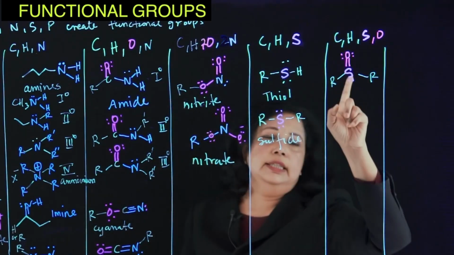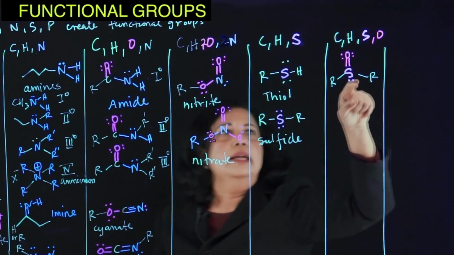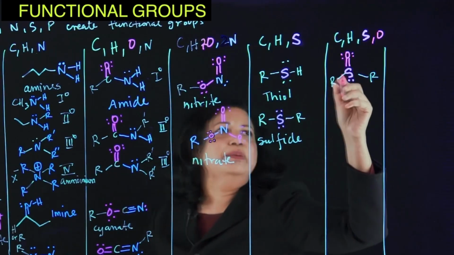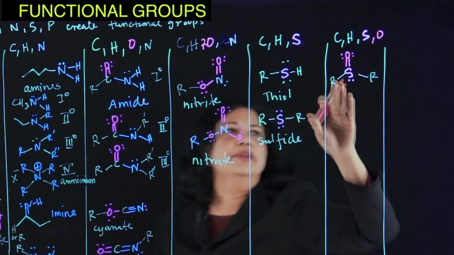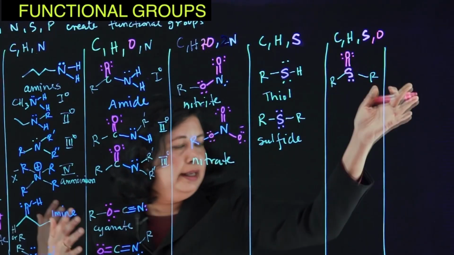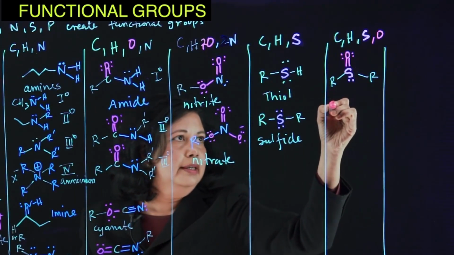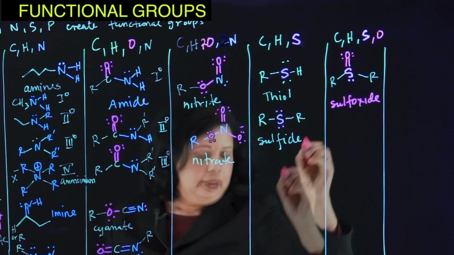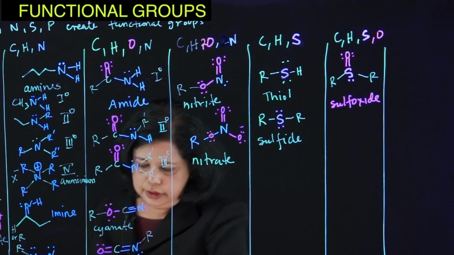You can have up to 6 bonds on sulfur, so 12 valence electrons. So here, you can have 2 R groups. This is going to be called a sulfoxide, diethyl sulfoxide, and so on. So sulfoxide. Now, if you have 2 oxygens on there